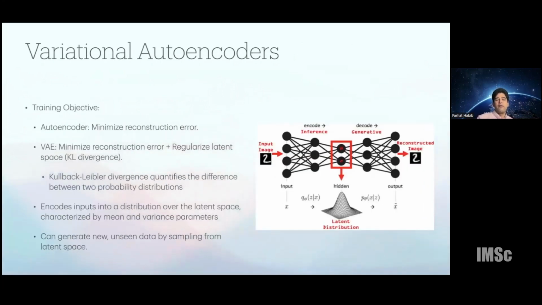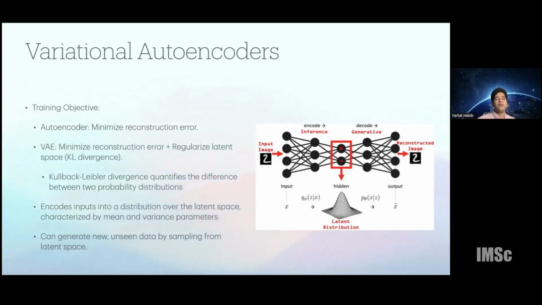So in a variational autoencoder, we impose an additional condition that the points in the hidden layer also have a certain distribution. Usually the distribution is a Gaussian distribution. The good part about that, and the interesting part, is that now we have a smooth representation of the distribution of the input within this hidden layer, and you can sample from this distribution.